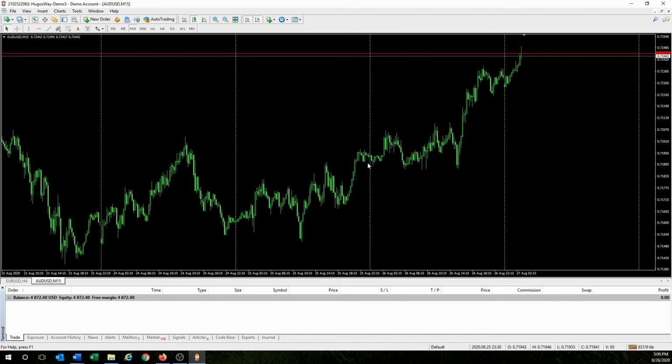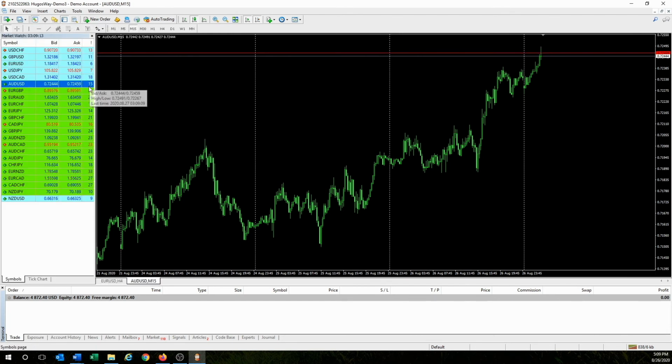I want you to know that, also look at right here, spread. Usually for AUD/USD the spread floats about 12, 13 pipettes, so it's actually 1.4 pips. But when the market opens a new session, this happens on Sunday too.